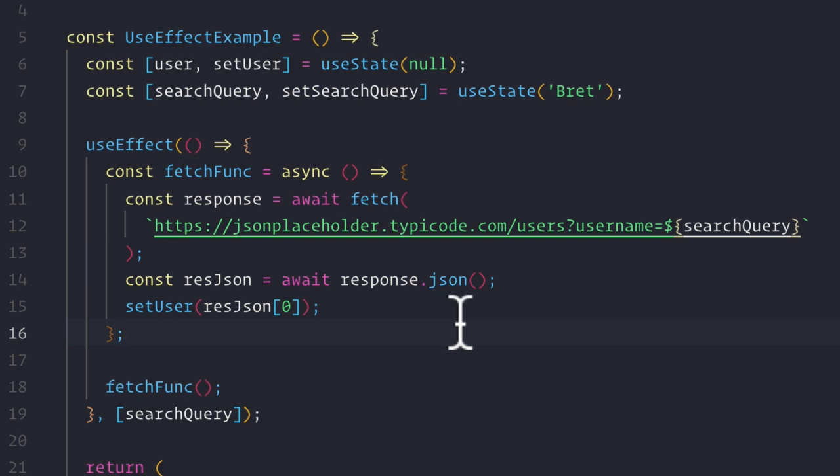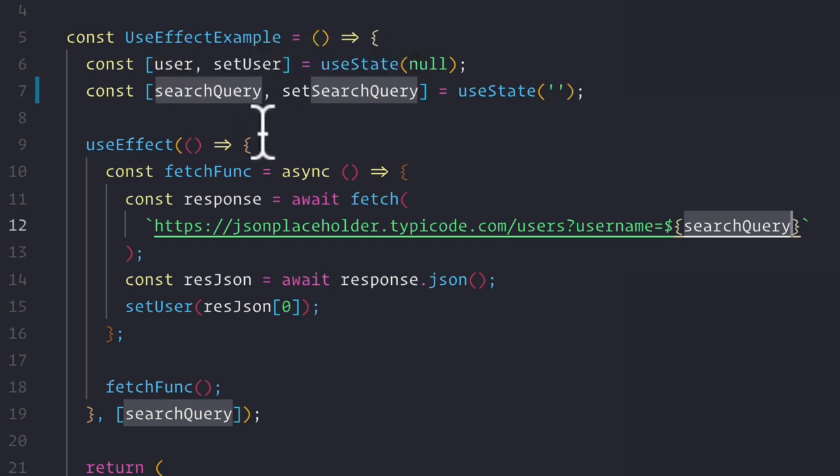Now, as you remember from our useEffect example in the last lesson, we did set a default search query to Brett. If, for example, however, we had a default search where it was an empty string, and we didn't want to fire off our useEffect hook because search query did not exist yet, or at the very least, it was not anything meaningful, then perhaps we can think about a case where we only want to fire our effect where we actually perform the search based on some conditional depending on the length of the search